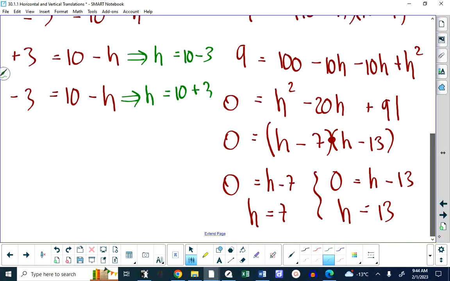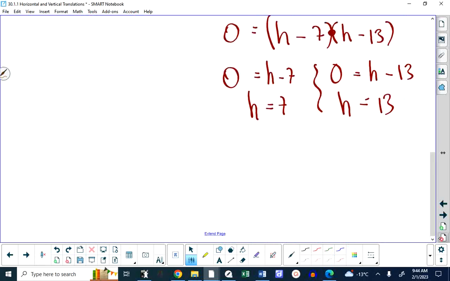So the answer to the question is there's two solutions, 7 units to the right or 13 units to the right. And again, just like I said yesterday, on a written response, you don't want to abbreviate your answers like that. You would write out a more complete statement. Just to show this to you,